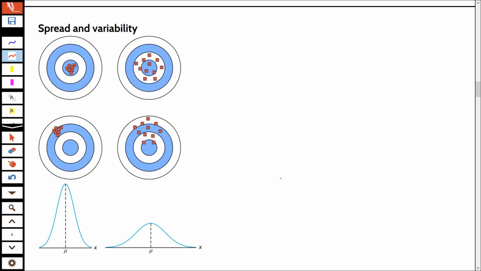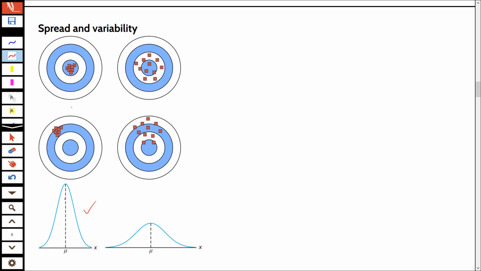If you see these four pictures, it shows the dot throwing activity, and here you can say that okay, there is a small variability here. Yeah, so the standard deviation here will be very small, and you are hitting the target, so the mean value is also at the right spot. So here, and you can see it there. Yeah,